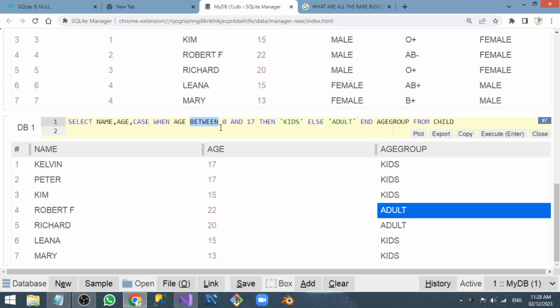The reason I'm using between is that I have only two conditions here. If you want to split it into more than two, like kids, teenage, adult, old, if you have all these age categories, you can use conditions like more than or equal to, so age